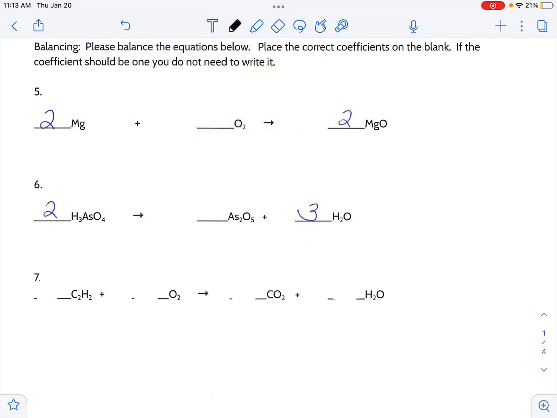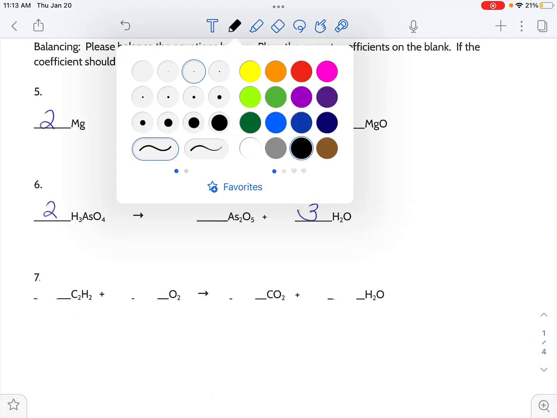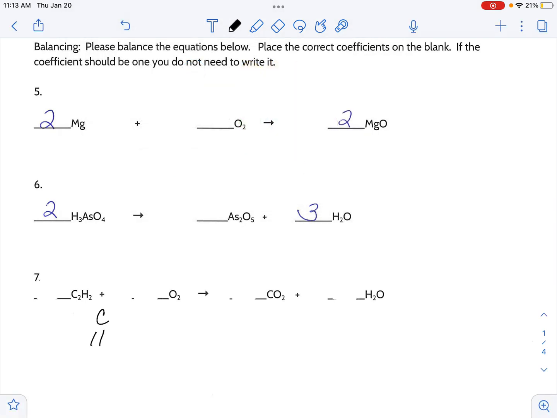So if we first do our starting atom counts for each of our different elements, we've got carbon, hydrogen, and oxygen. So we have 2 carbons, 2 hydrogens, and 2 oxygens. And then coming out, we have 1 carbon, we have 2 hydrogens, and we have 3 oxygens. So one of the first things that I can recognize is that going in, I have to have an even number. And the fact that water over here doesn't have an even number, that's going to cause a problem for me. So I'm going to put a 2 in front of the H2O